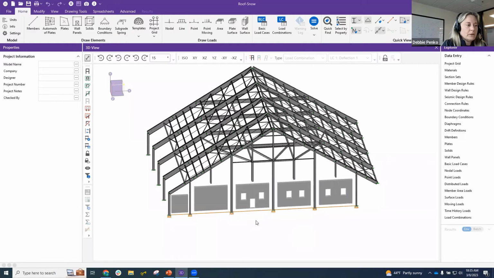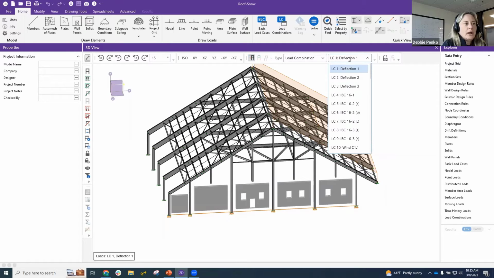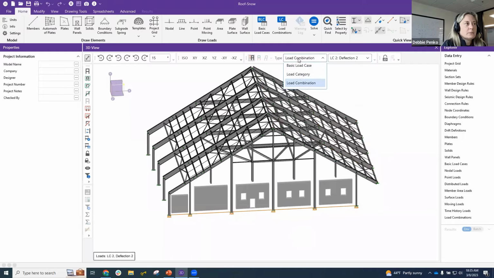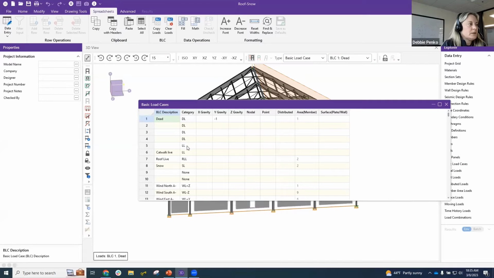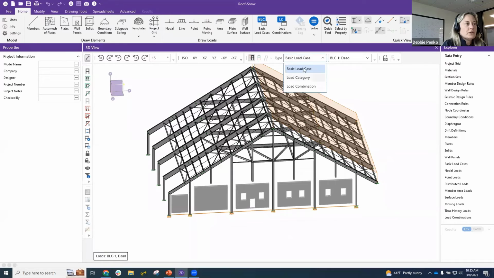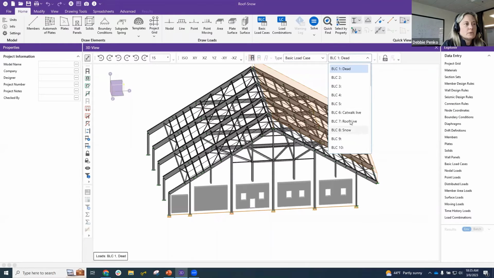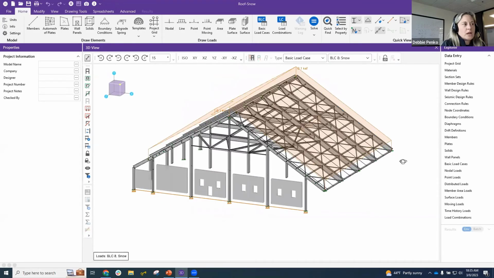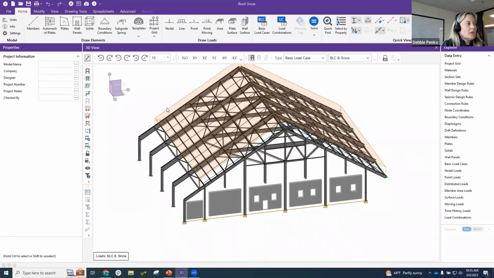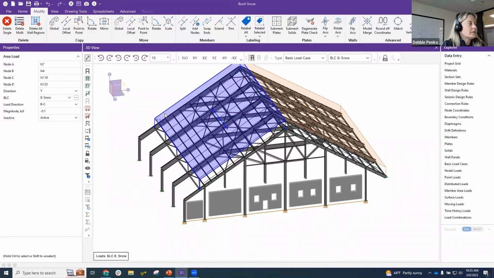Looking at this model in particular, the big thing is I do have some loads on this, and I'm going to jump to my basic load categories. So I have some dead loads, some live loads, some snow loads, and in particular, if I look at my basic load cases, I'm going to go to my snow load. So I have a basic general snow load on top of this roof system. And if I click on that, you can see it's just a snow load of 100 pounds per square